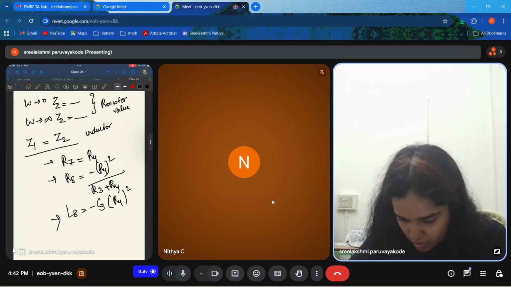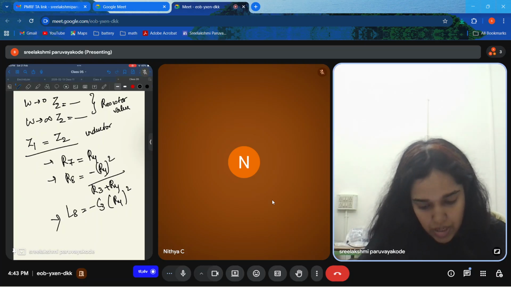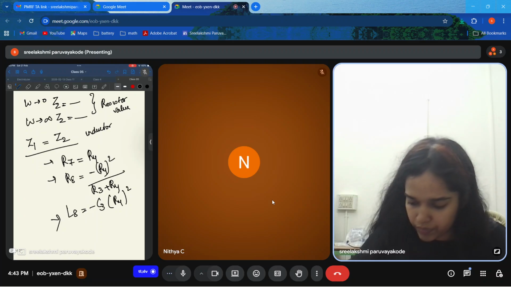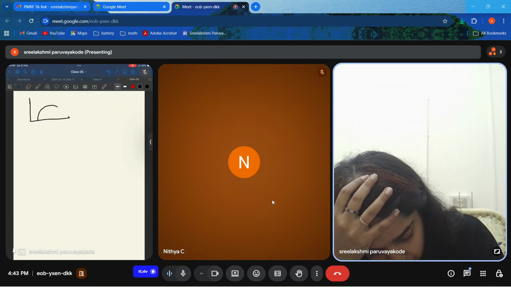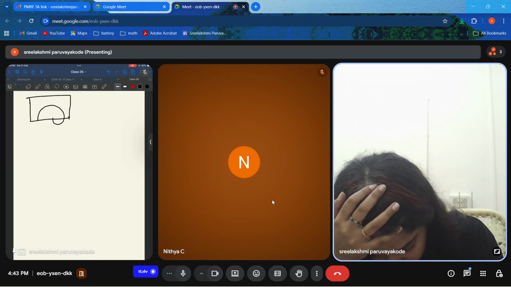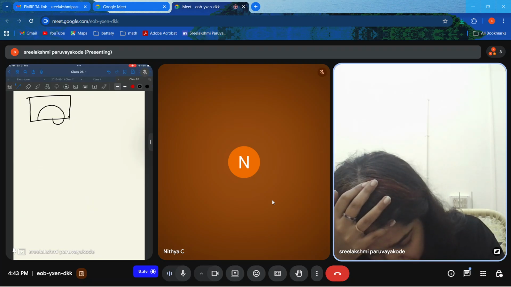Now, the next question is: consider the spectra. The spectra is something of this form. They've asked to find out, if I'm modeling this using this circuit,